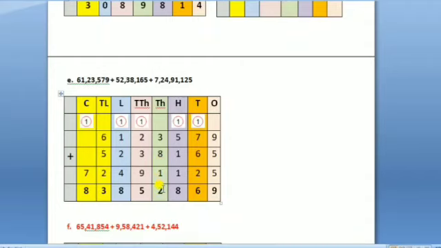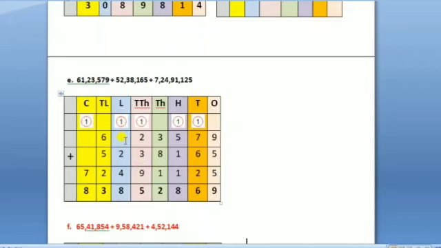So write 2 here. Take 1 remainder in the 10,000 column. Add 2 plus 3, that is 5. 5 when added with 9 becomes 14. In 14, when 1 remainder is added, it becomes 15. So we'll be writing 5 here, and 1 will be taken as remainder in the lakh column.